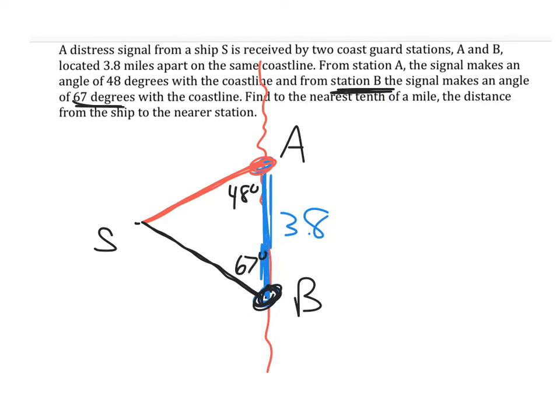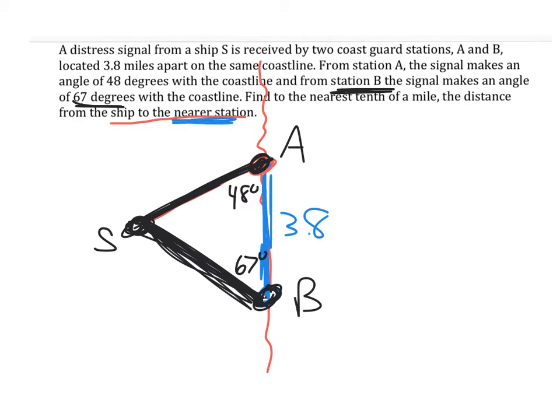Find, to the nearest tenth of a mile, the distance from the ship to the nearer station. Well, this is the distance from station A to the ship. This is the distance from station B to the ship. And we want to try to figure out the distance from the